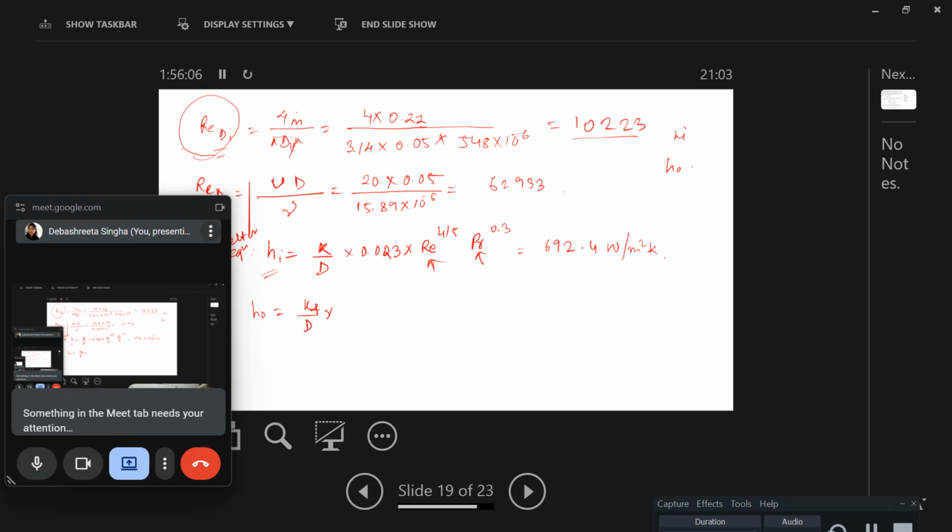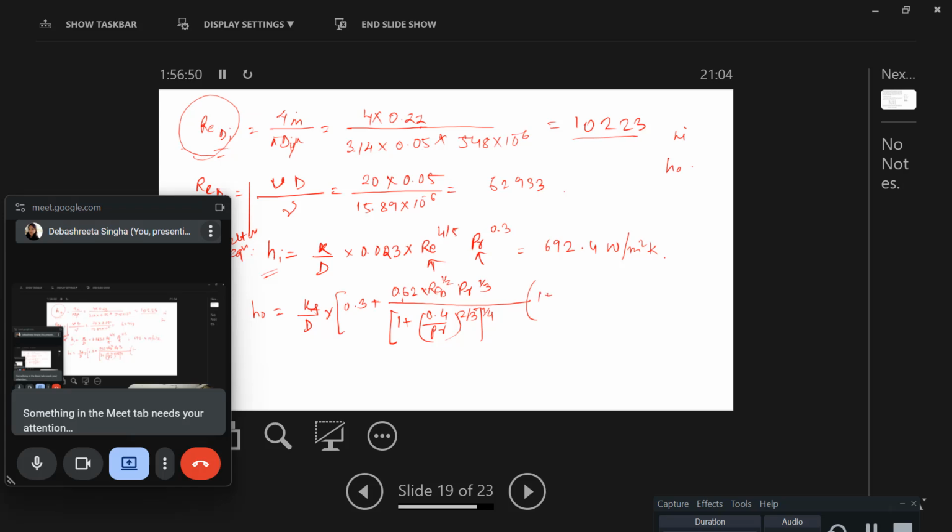Nu is h D by k, equal to 0.3 plus the very big equation: 0.62 into Re_D to the power half, Prandtl number to the power 1/3, divided by [1 plus (0.4 divided by Pr) to the power 2 by 3] whole to the power 1 by 4,